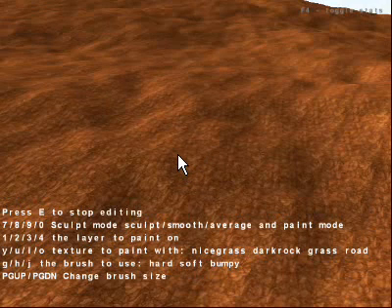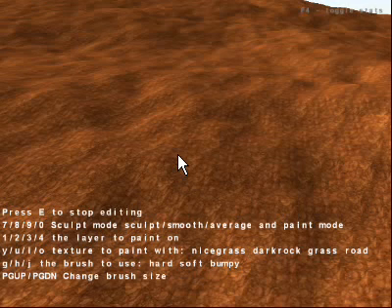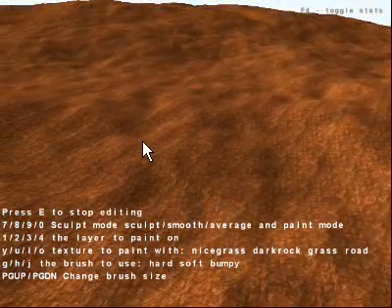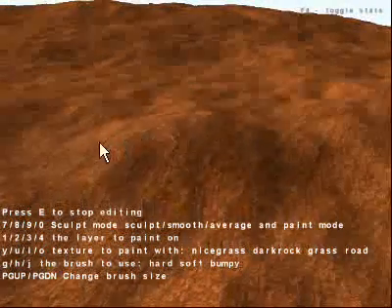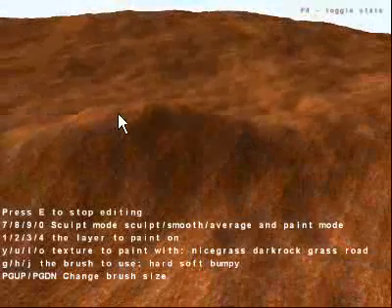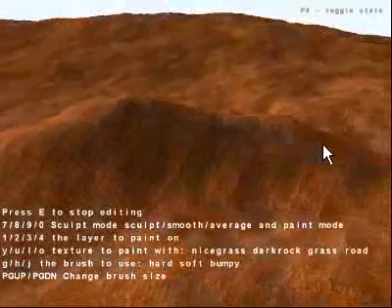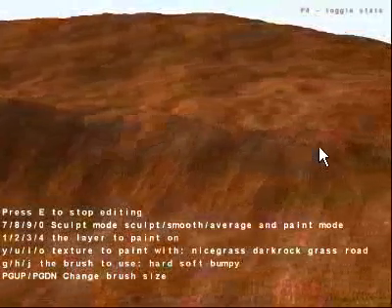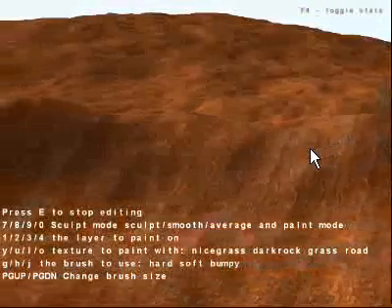So what I can do is start sculpting the terrain. I'm going to set it to sculpt mode, set the brush to bumpy, which is the first brush we're going to use. We're going to sculpt some mountains here, and I can just start dragging the mouse and I will magically see some hills appear. Now what I want to demonstrate today is we're going to make a ridge as such,